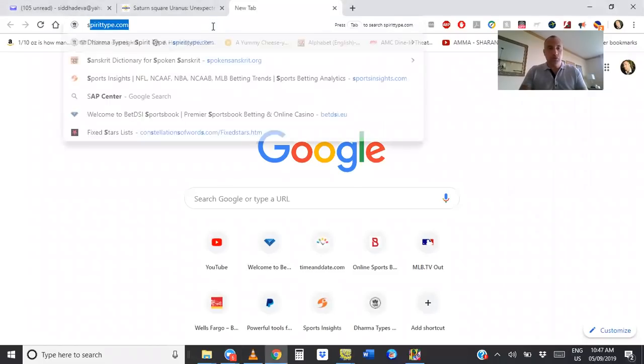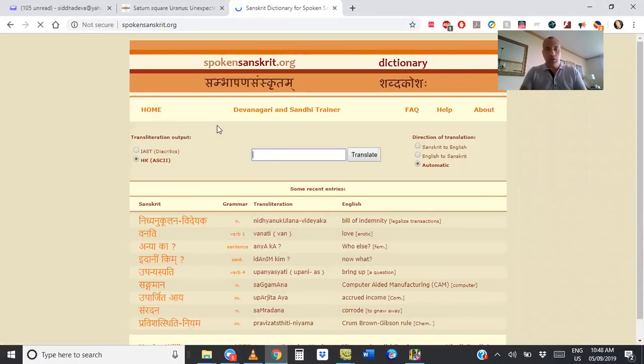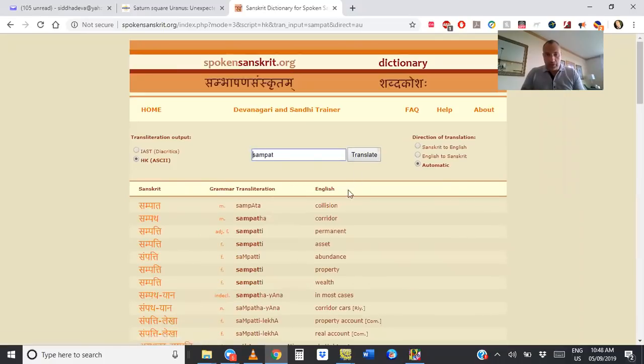We're going to go to spokensanskrit.org. What does it mean, to fall upon? Sam means the sum. And so sampada, this is sampada. It means to fall upon, to acquire, things sort of happen to you, property, sampati,